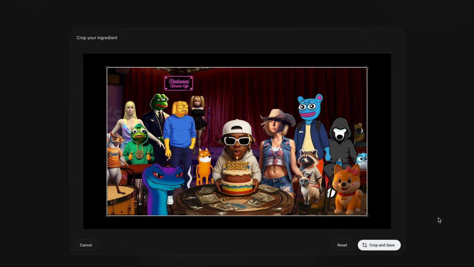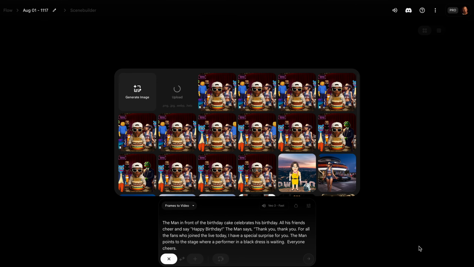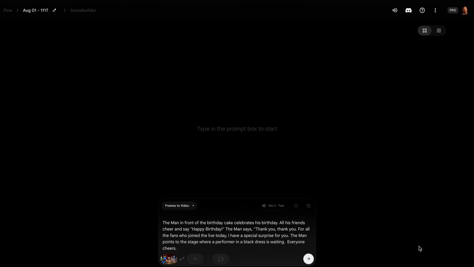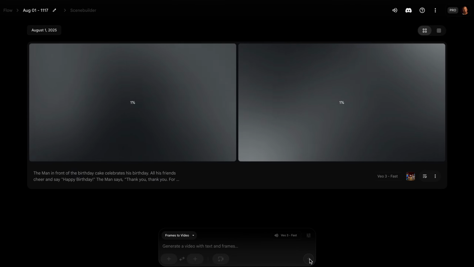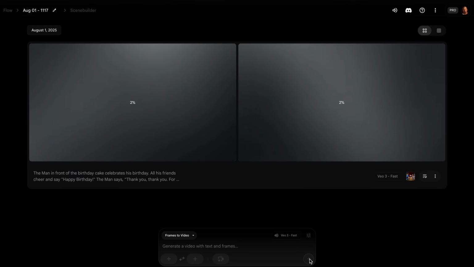All the images are good. Everything checks out. We shouldn't get any error warnings from VO3 on this scene. But there are instances where it doesn't work. You don't get audio. It doesn't understand the prompt.